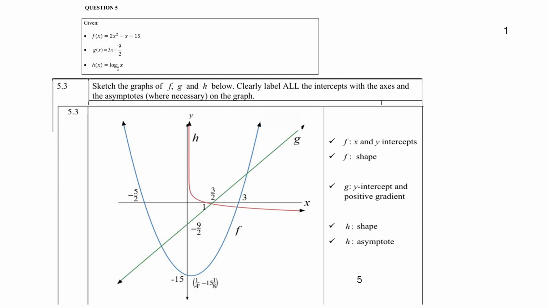Then to sketch the straight line, you got 9 over 2, which is the y-intercept, so that you can already show. And 3 over 1, of course, is your gradient, so you can also do that. Or what you can do is work out the x-intercept, just make y 0. So clear, people, and that's how you can get the x-intercept. And it's also a graph in a north easterly direction because the gradient is positive.